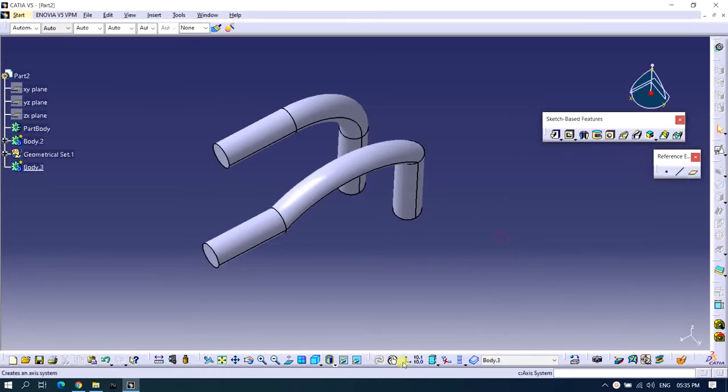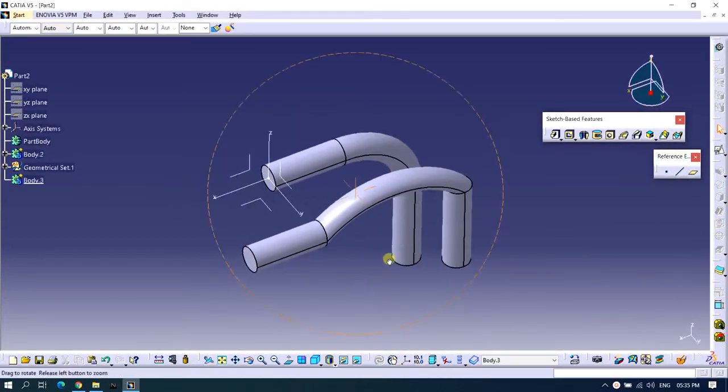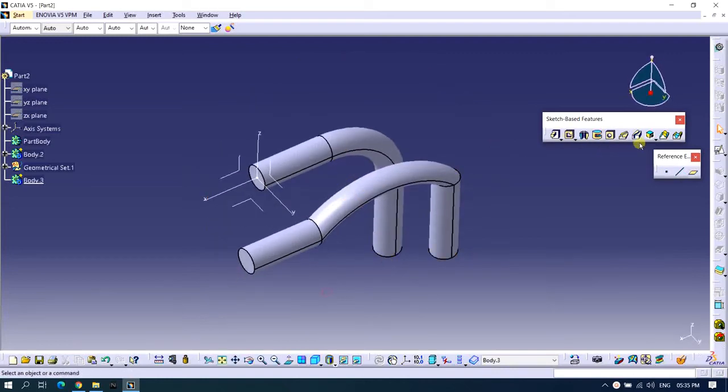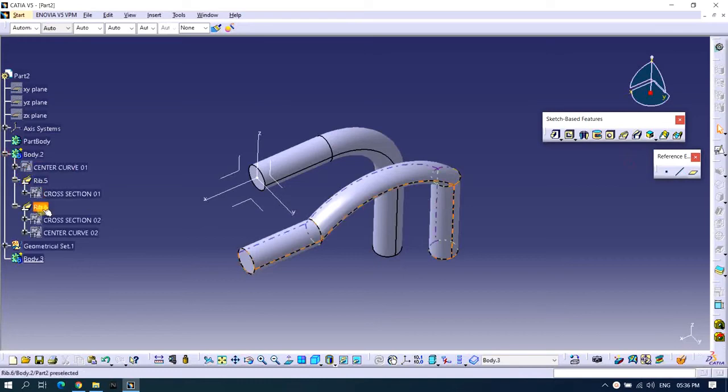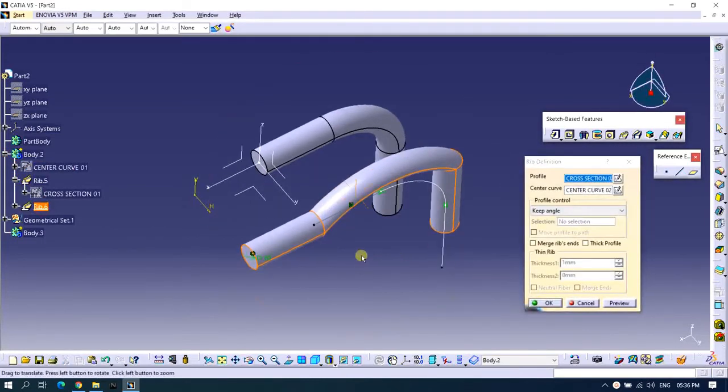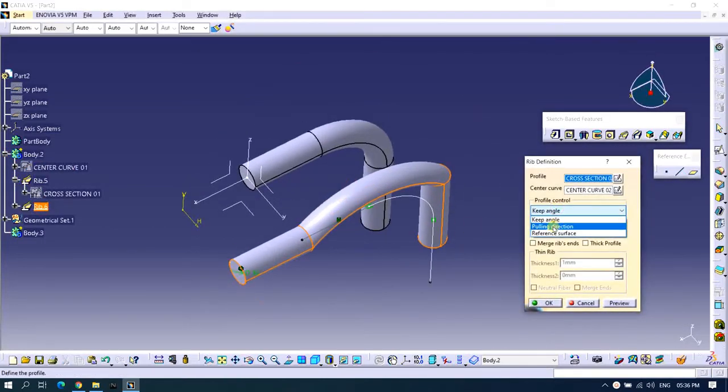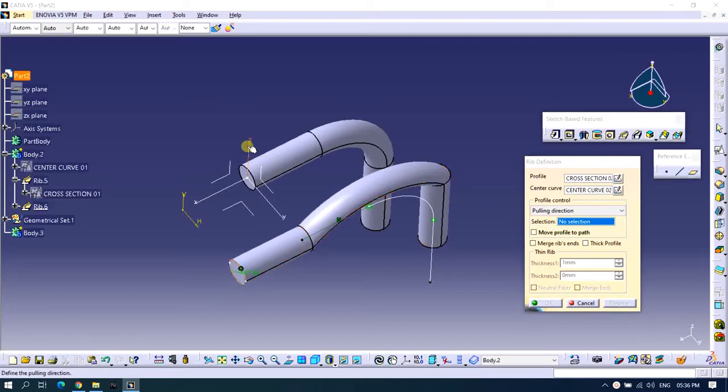To use them, we will take some reference. So let's create one axis. So this is the axis system. I will select the rib command. Now here we will try using pulling direction. For pulling direction, let's take that direction as z axis.